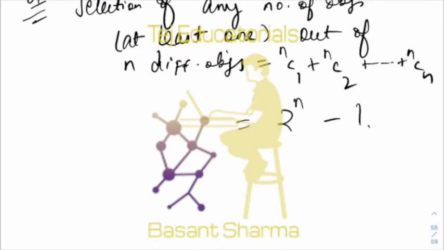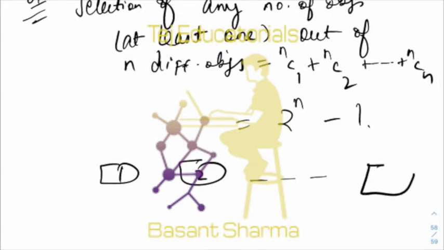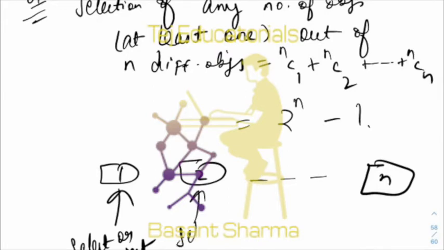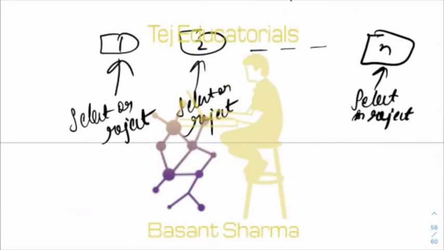I will cover binomial in a later chapter. Now another way of looking at this is, you have n objects, object 1, object 2 and object n. Now there are two choices, either select this object or reject this. Similarly, select this or reject this. So for every object there are two options. So in total there are 2 to the power n choices that you can make. There are 2 to the power n ways in which you can create a sequence.